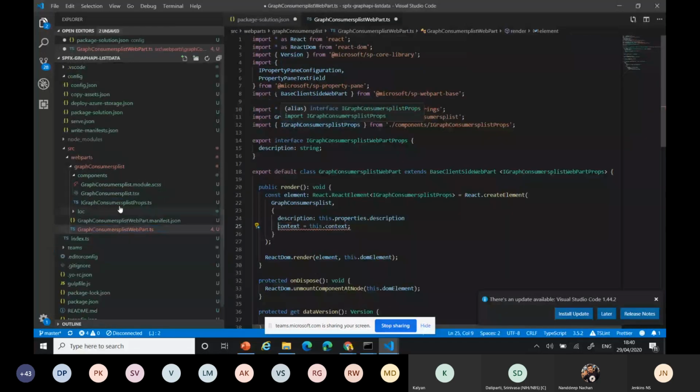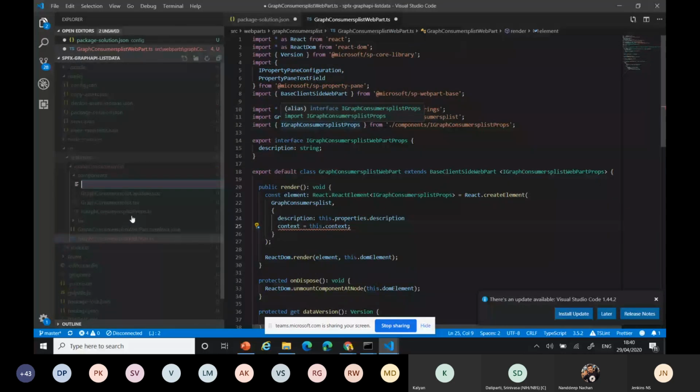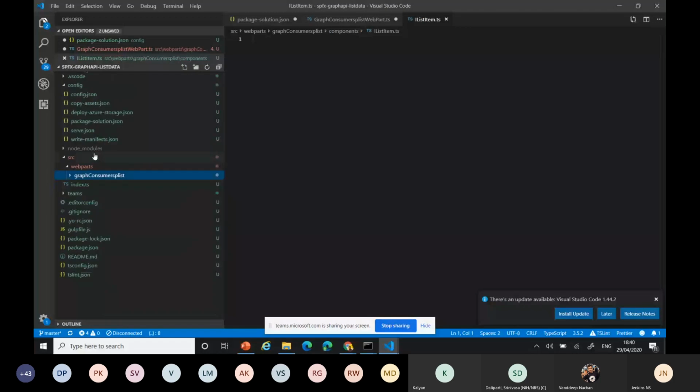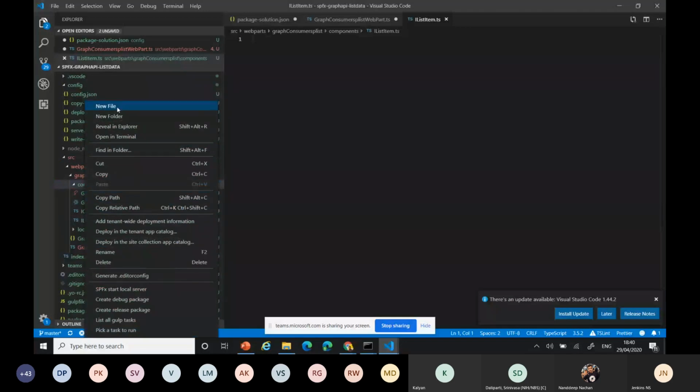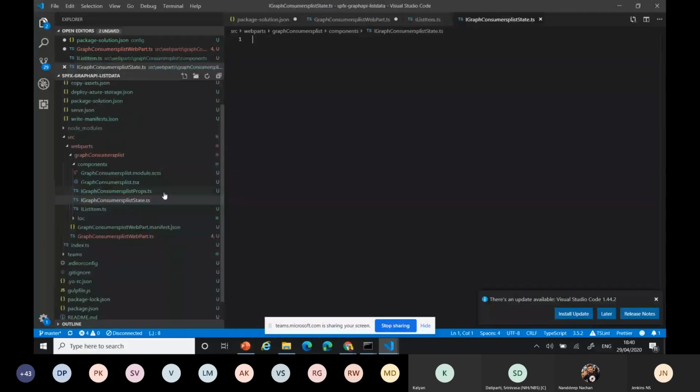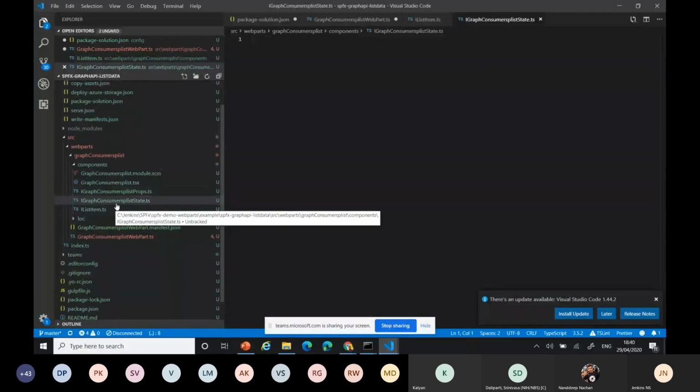I can add one new file. Added two files. One is iListItem, and the other is iGraphCustomerList with the state.